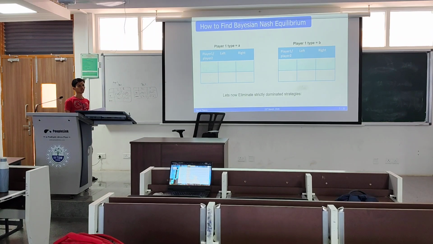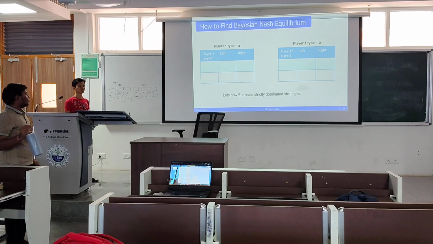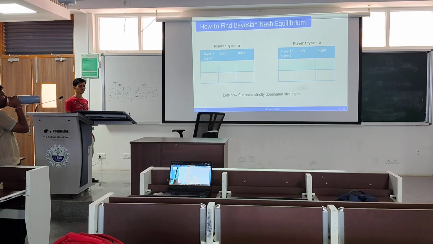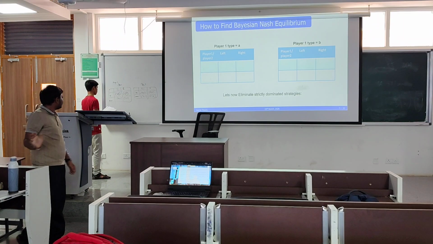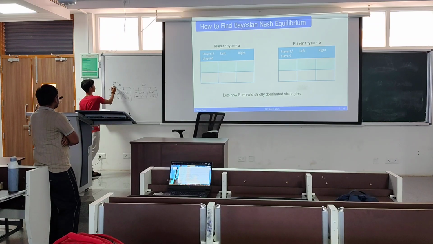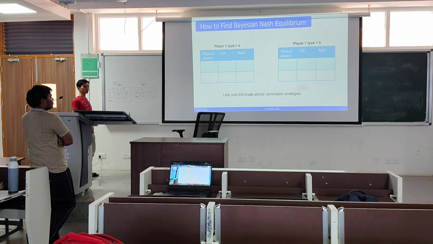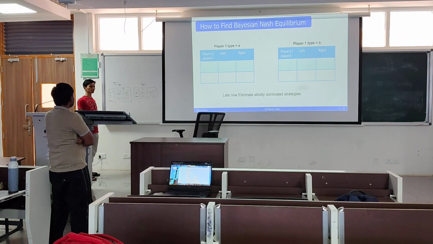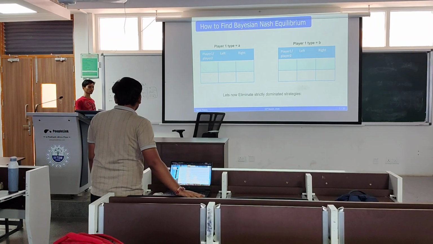Now the topic is how to solve this problem. Basically, in Nash equilibrium we try eliminating the dominated strategies. So we can try that method. Let us say we have two players, with player 1 having two types, A type and B type. So player 2 will have some conditions to consider, and player 1 has